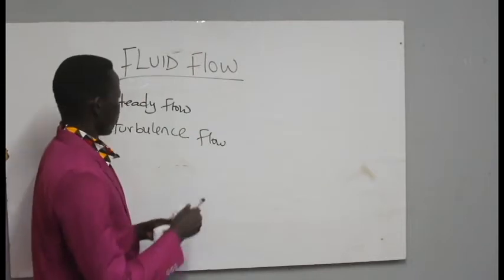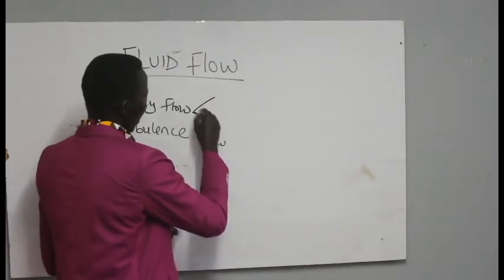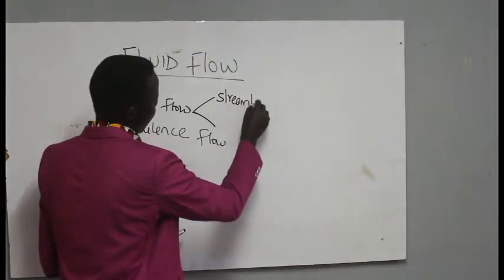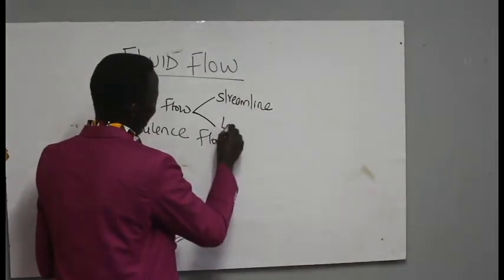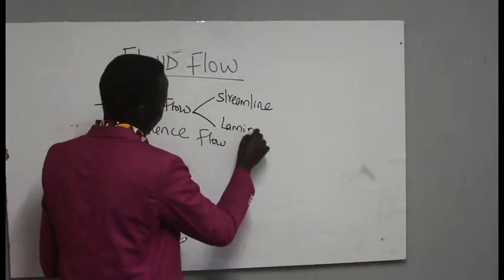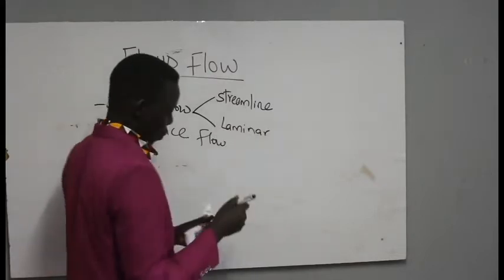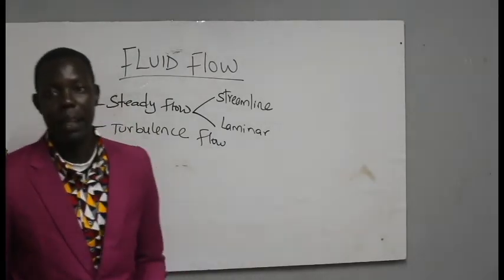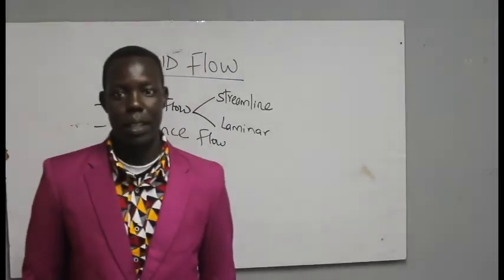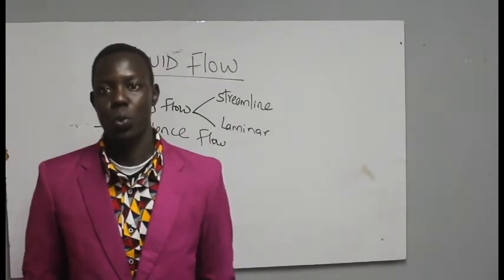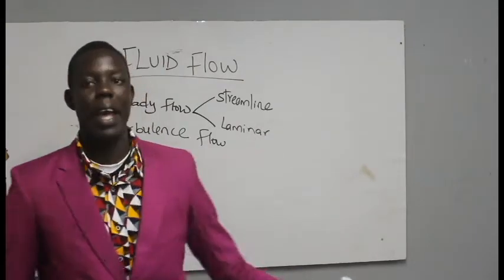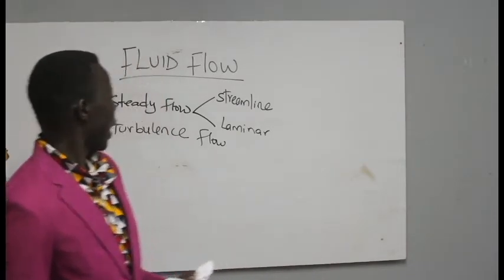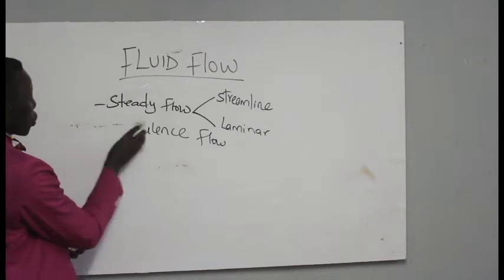This steady flow, we also have streamline flow. Then we have laminar flow. So it is only the steady flow that somehow breaks into two, so that we have streamline flow and laminar flow. That is it. So now, I will use a diagram to differentiate